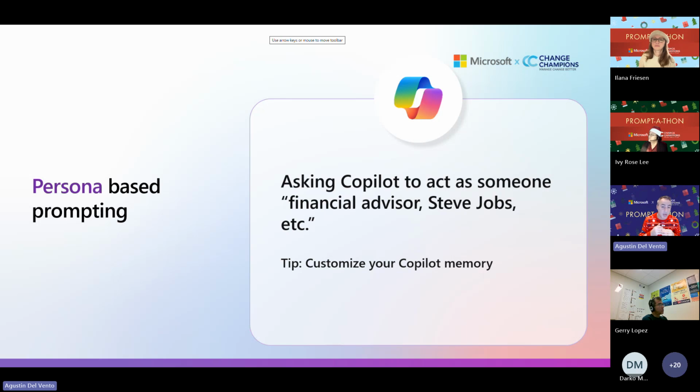Or something I tried and I encourage you to try, it's really fun. If you are putting together talking points for an important presentation, ask Copilot to act as Steve Jobs and give you ideas of what those talking points can be. You'll be surprised. It really does a great job at personifying the talking points and making them more fun.